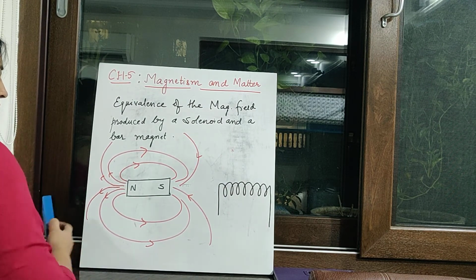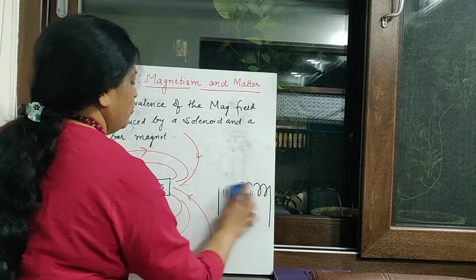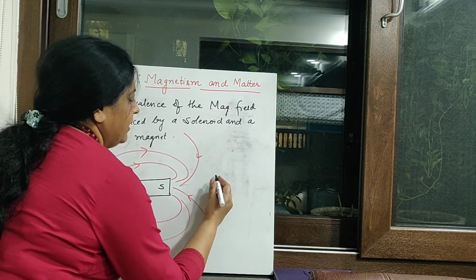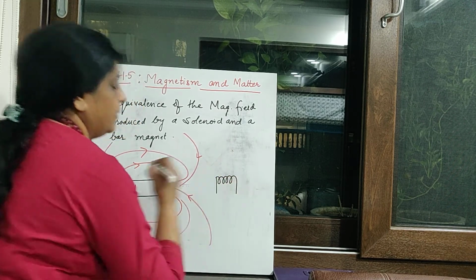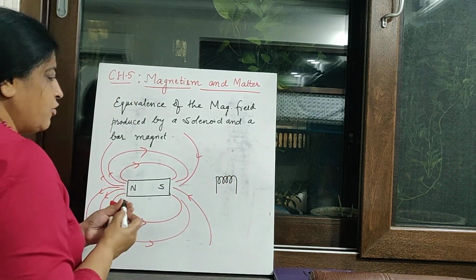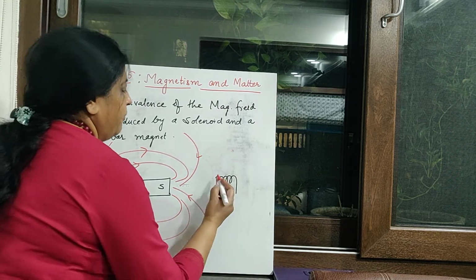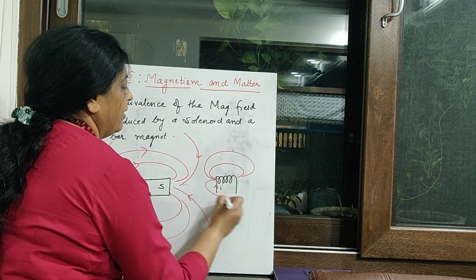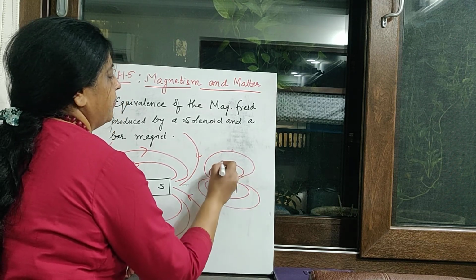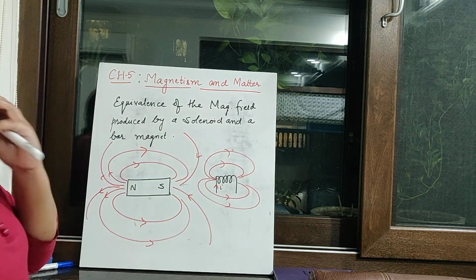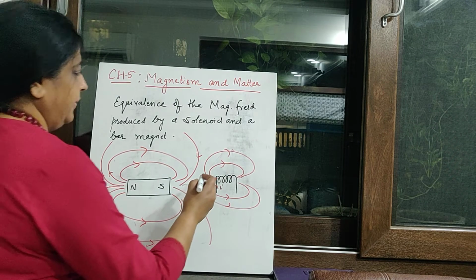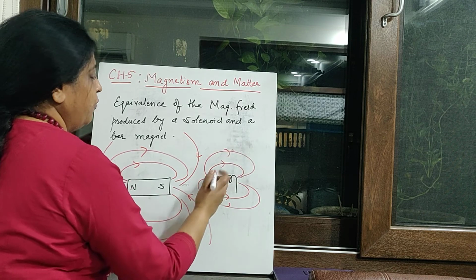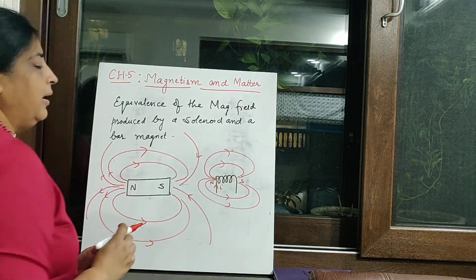I will have to draw it again because I am not getting enough space to draw the magnetic field lines. So let us say this is a solenoid, a smaller one. And if I draw the magnetic field, suppose this is carrying current I, then the magnetic field produced by this solenoid is also like this. Although I have not shown the proper direction, as per the direction of the loops, let us say this is the north and this is the south. And how is it produced?